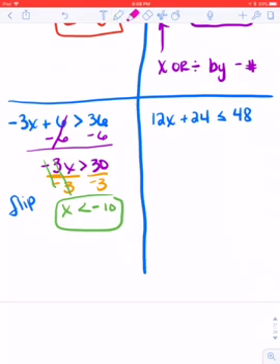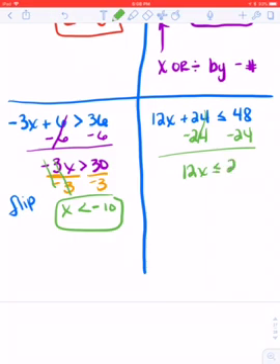Okay, on the last one that we have over here, I'm going to start by subtracting 24. 12x. And if I take 48 and subtract 24, I'm going to be left with 24. Then I'm getting rid of this 12 by dividing both sides by 12. And I'll be left with x is less than or equal to